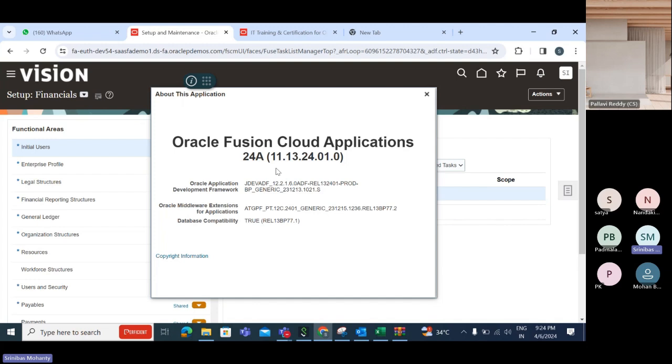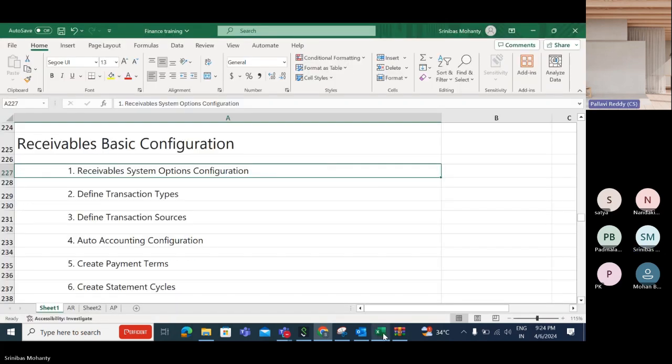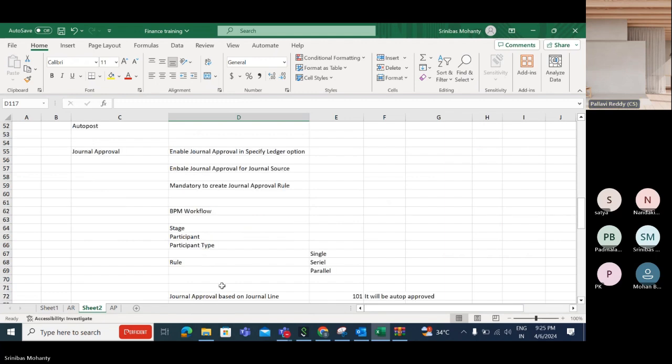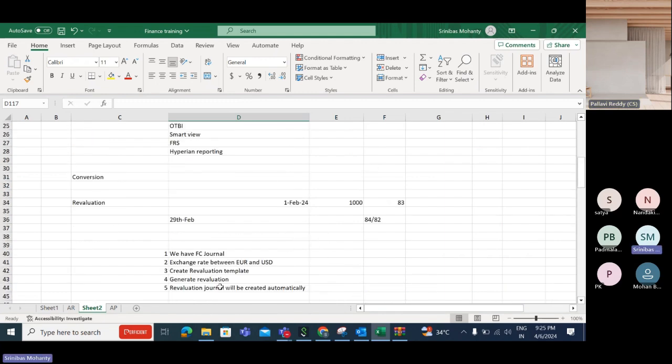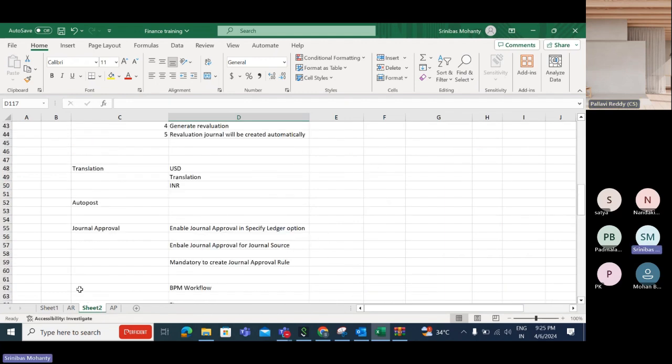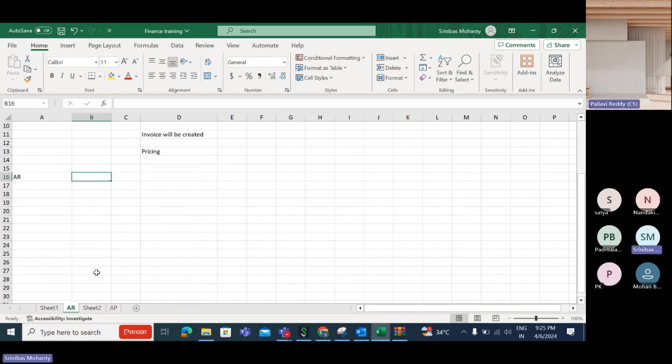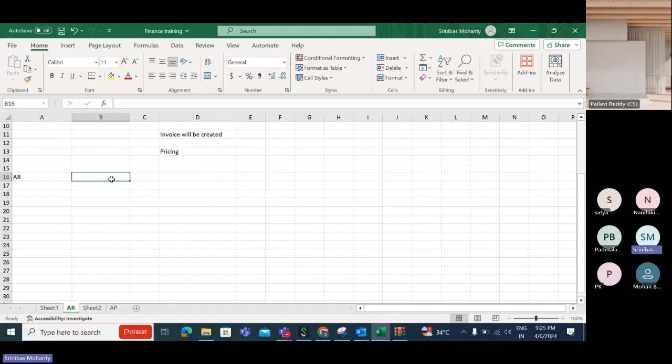So I'll tell you what happens. That's important, because right now any version upgrade in traditional EBS is a huge process, right? This is actually a regular activity every 3 months, and it is a very crucial activity. So what happens? Now, at March end, and April 1st or 2nd week,